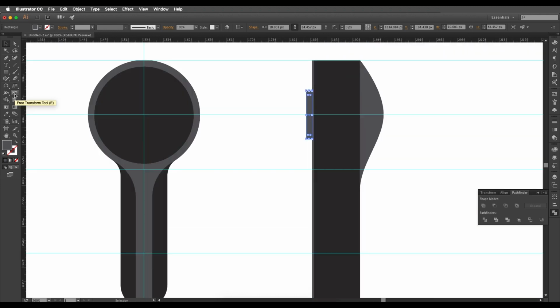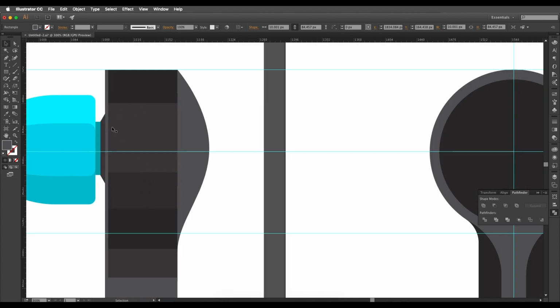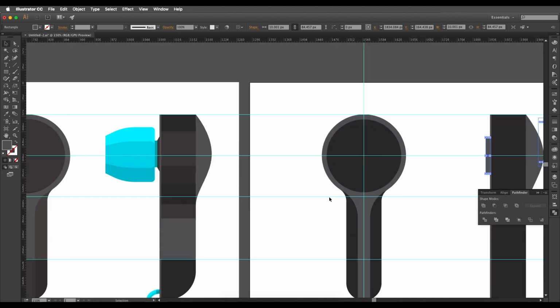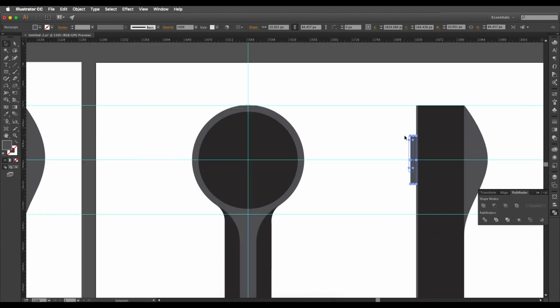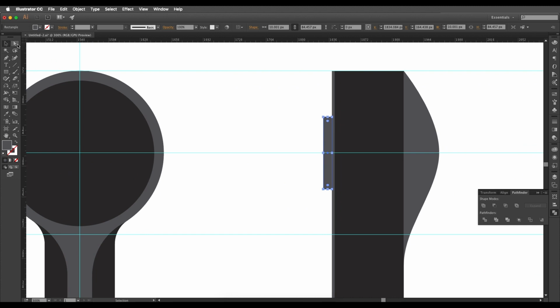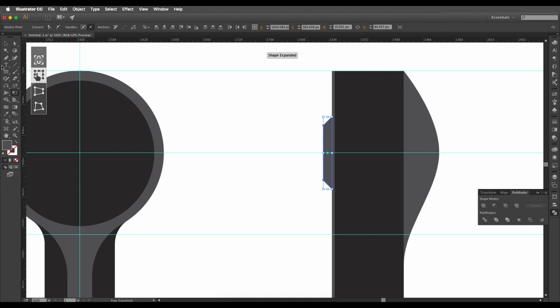We'll be using the free transform tool to create this inclination over here. So to create that inclination, let's select these corner points, select this one and this one, then select the free transform tool, and you can just click with the Alt pressed, click and drag it down, and it will automatically incline those two points together. So I'll keep it like this and just reduce the thickness a little bit like that and apply some dark